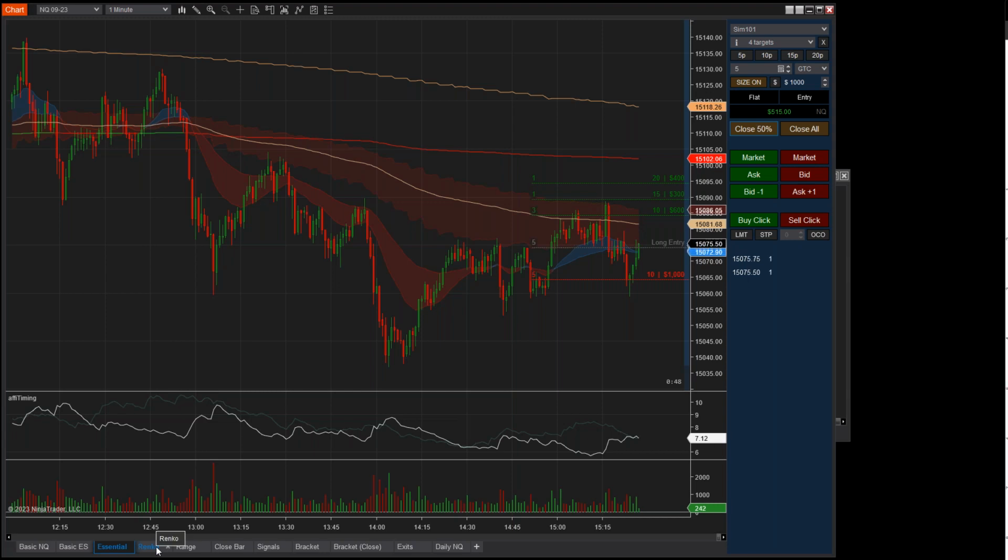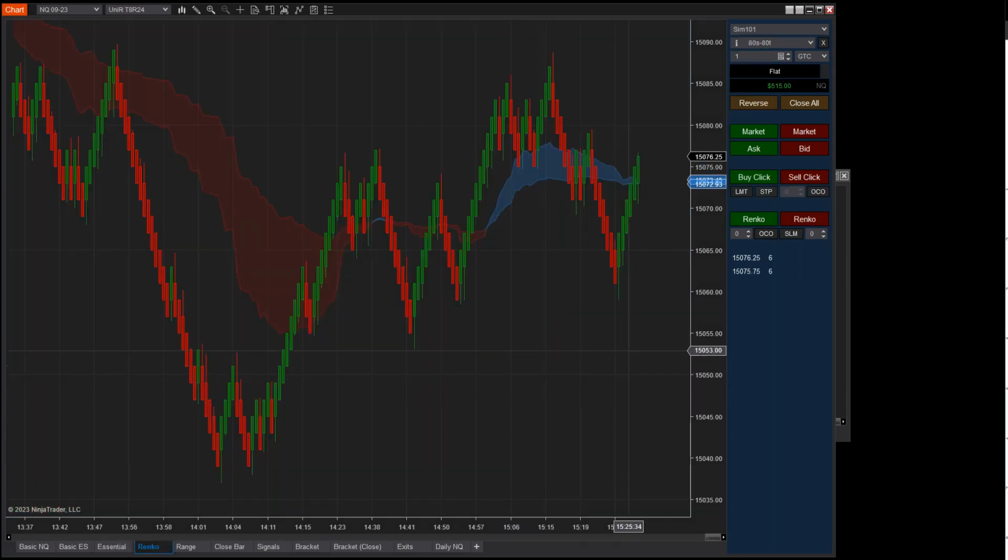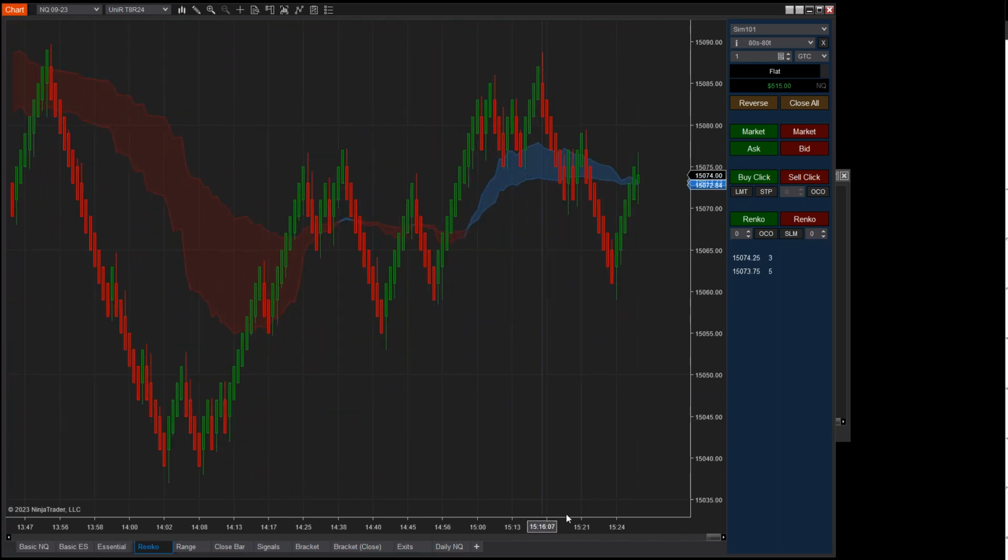So I'm going to look at some more entries because this is the most powerful stuff right here. This is what I've developed recently and I absolutely love it. So I'm assuming some of you guys in here trade Renko, right? I've developed this tool right here that can get you into Renko trades. Let's say I want to sell the next red Renko bar. All I have to do is hit this button and now my order is live right in place where that Renko bar is set to close to trigger me into the trade.